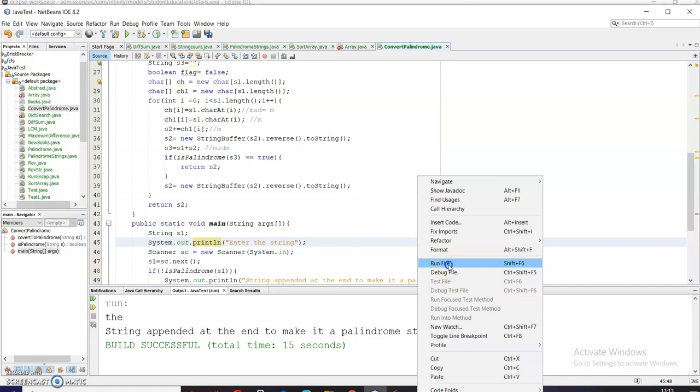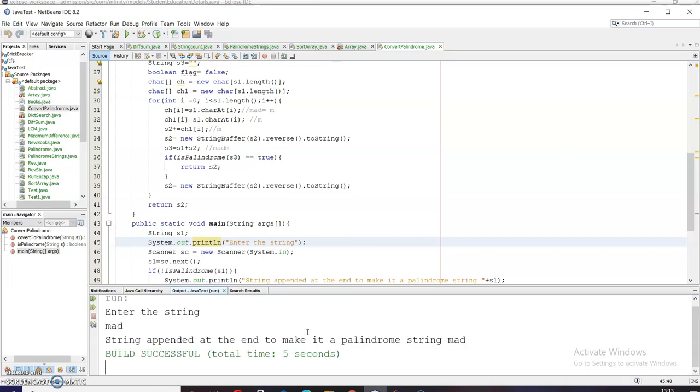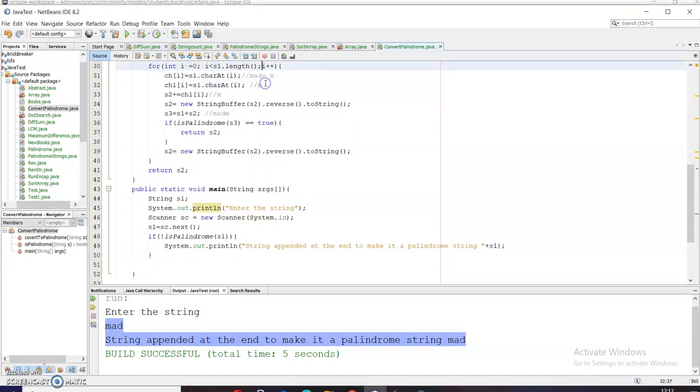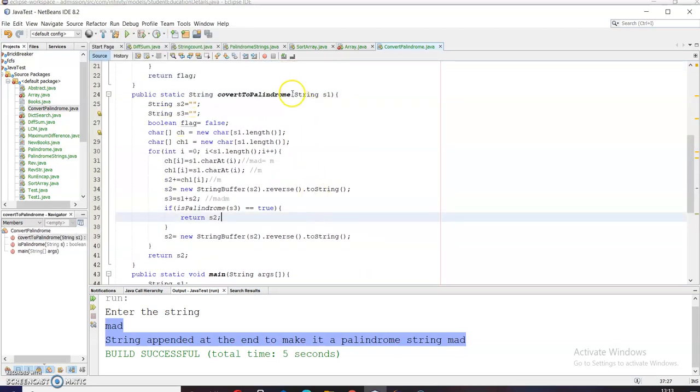Now let me run this again, and now I will write MAD, and our output should be AM. So you can see that we have got the output as MADS because I have given something wrong. Let me check. You can see that I haven't called this method convert to palindrome. So let me call this method first, then only I will get the string. That was my mistake.